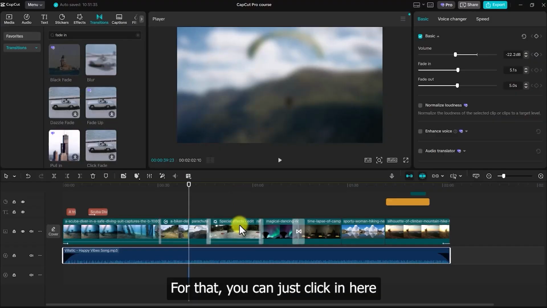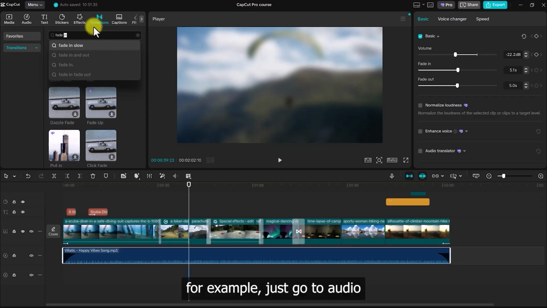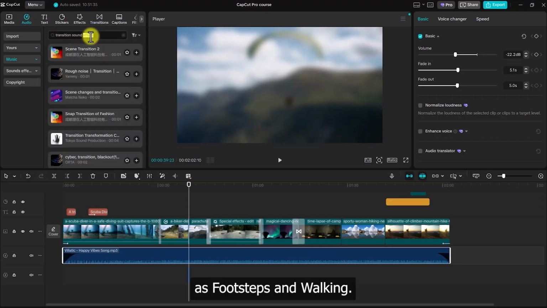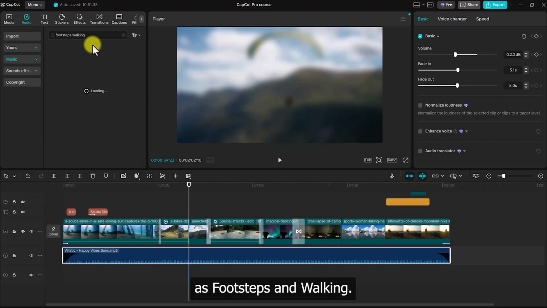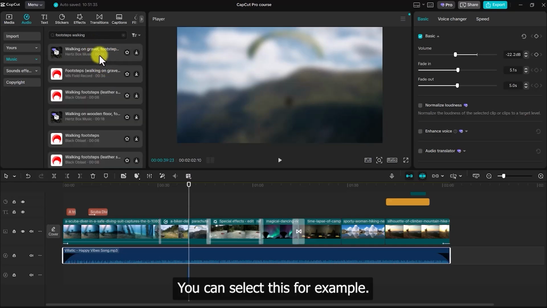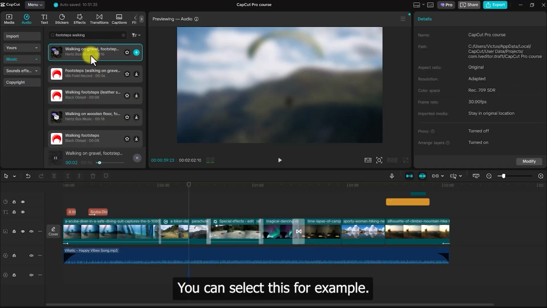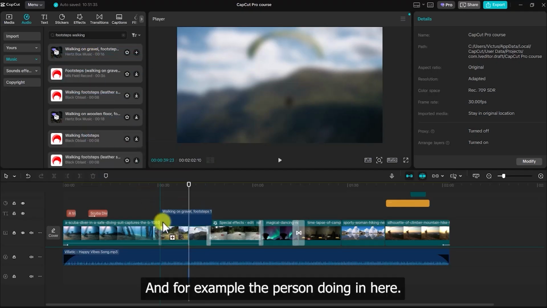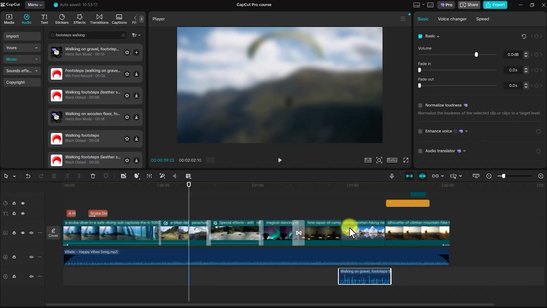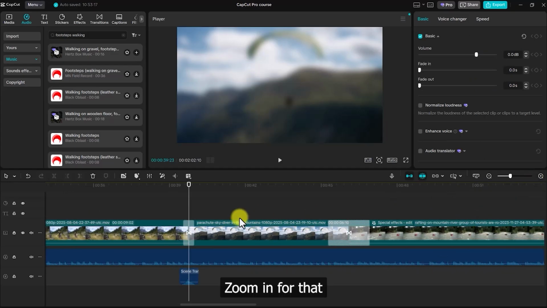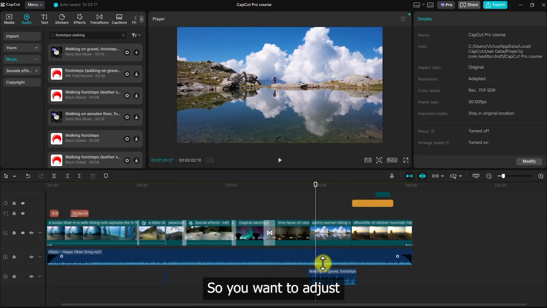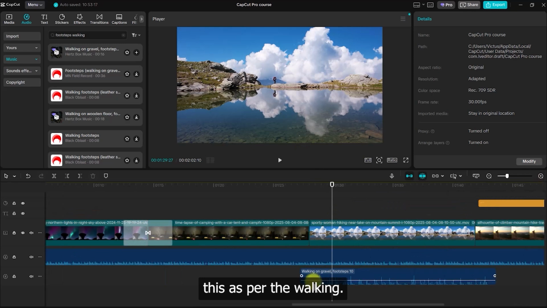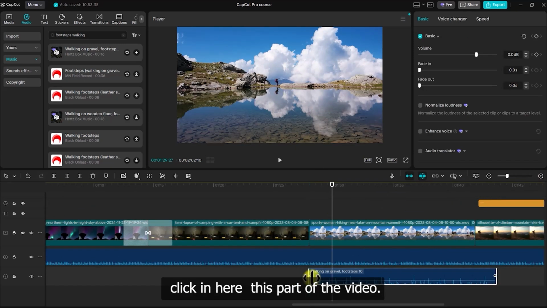For that, you can just click in here, or you can search for example, just go to audio and click in here as footsteps and walking. You can select this, for example. So drag this in here, and for example the person is moving in here, zoom in for that as the person is walking. So you want to adjust this as per the walking,